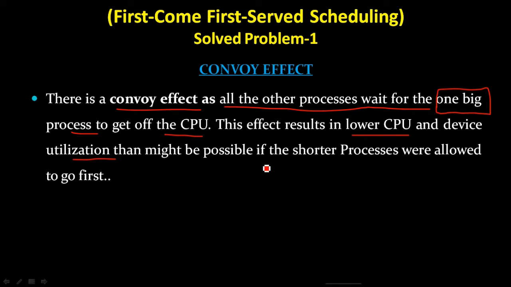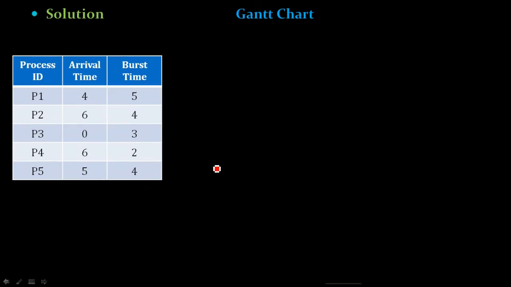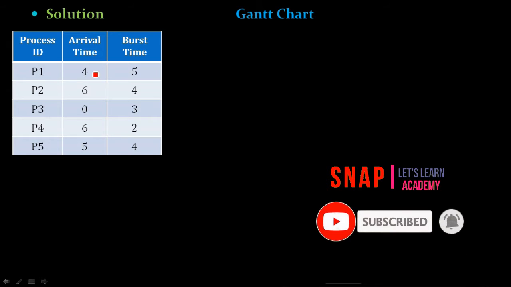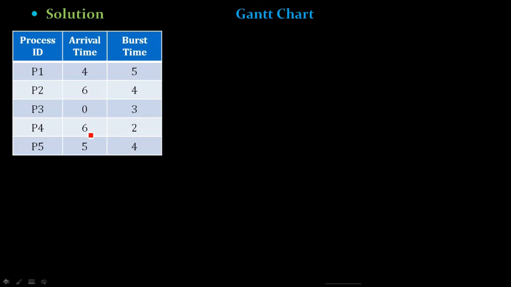Now coming to the example, there is a table consisting of 5 processes, and their arrival times are different. In the previous lecture we had 3 processes, and for all the 3 processes their burst time was mentioned, but we did not mention their arrival time. And we said to consider that all the processes arrive at 0 milliseconds, meaning they arrive at the same time, and whichever comes first gets the CPU first.